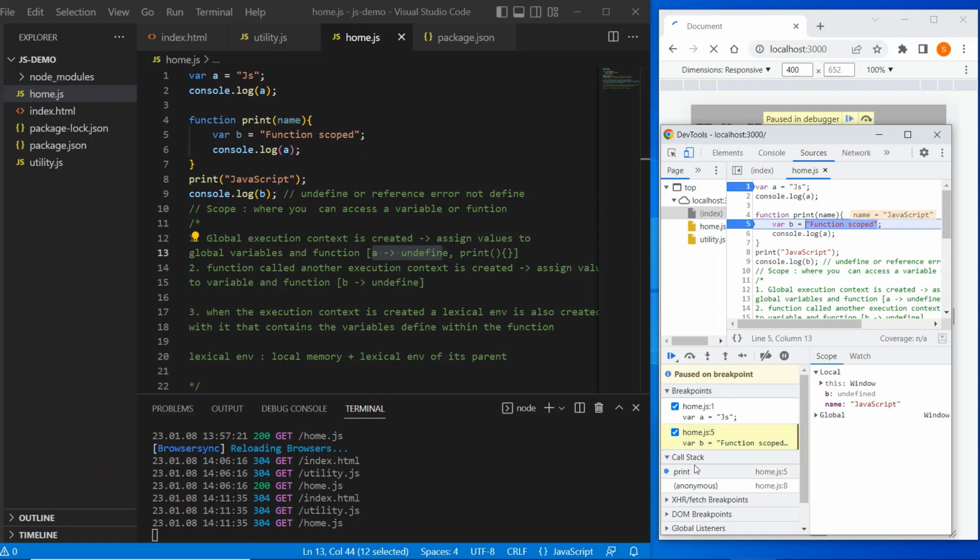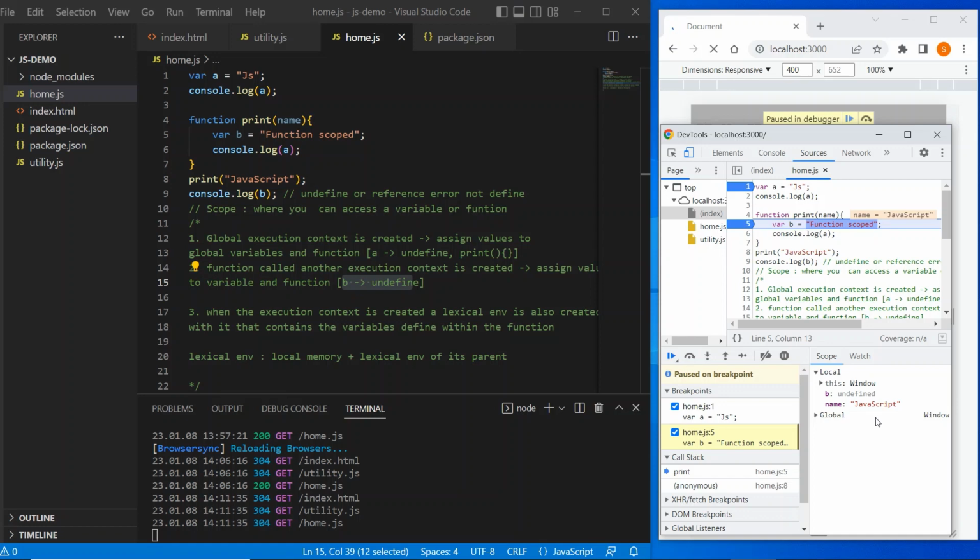So here in our call stack, another execution environment is created with the function name, that is print. Here you can see print. Okay, and in this print you can see separate, there is a local scope, right? And in this local scope we have a variable b that is assigned undefined. Okay, so here you can see in step number 2, this b equal to undefined is assigned. Okay, and it also has access to this global execution context.